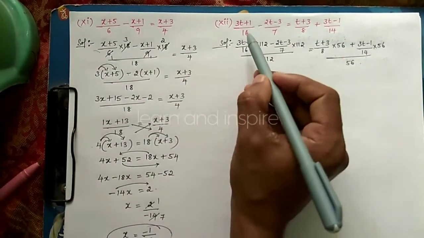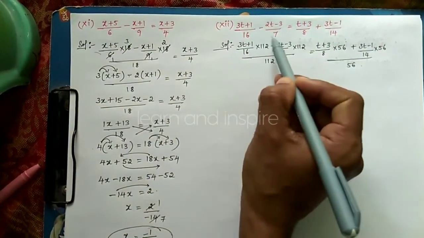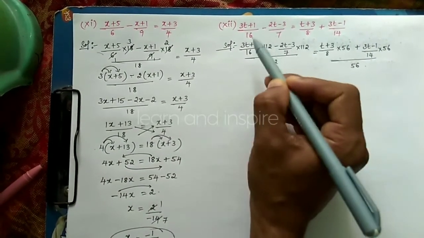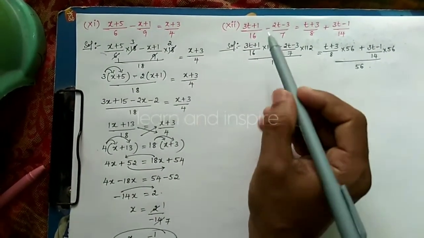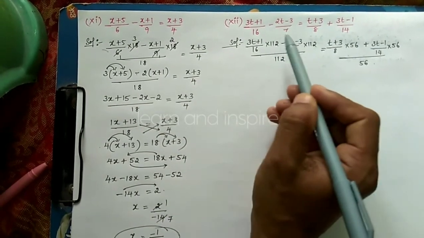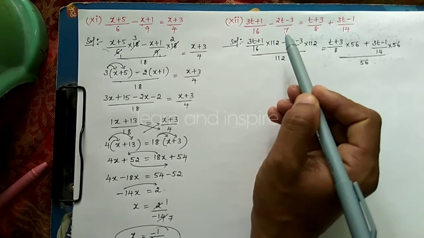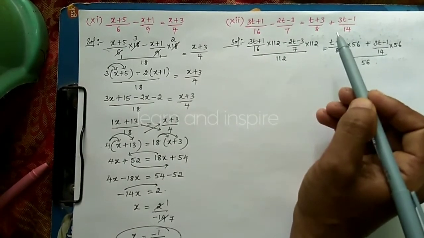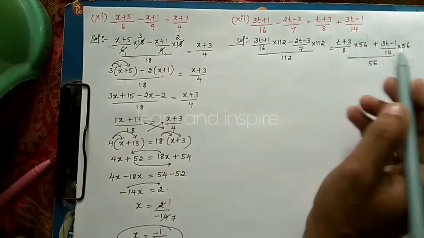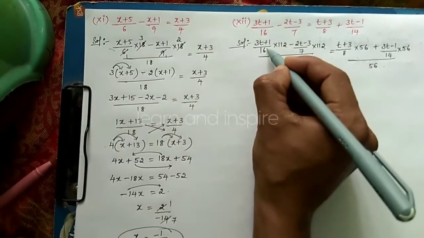Okay, and for these two we can multiply directly, because one is a prime number and one is an even number. So we can multiply directly. 16 into 7 is 112, and even if two numbers are prime numbers, then we can multiply directly. But if the two numbers are even numbers, then we have to do the procedure of LCM by the prime factorization method. Okay, now cancel this.